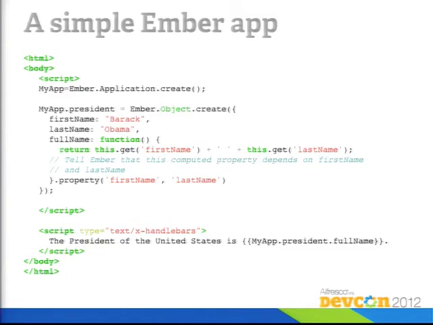And all you do is supply a function to these computed properties that basically do whatever manipulation you need to do. And in this case, it uses the this.get notation. It uses .get and .set. By the way, in Ember, in order for key value observing and data bindings to work, you have to access your properties using get and set. It's a contrivance that's required for this to work well.